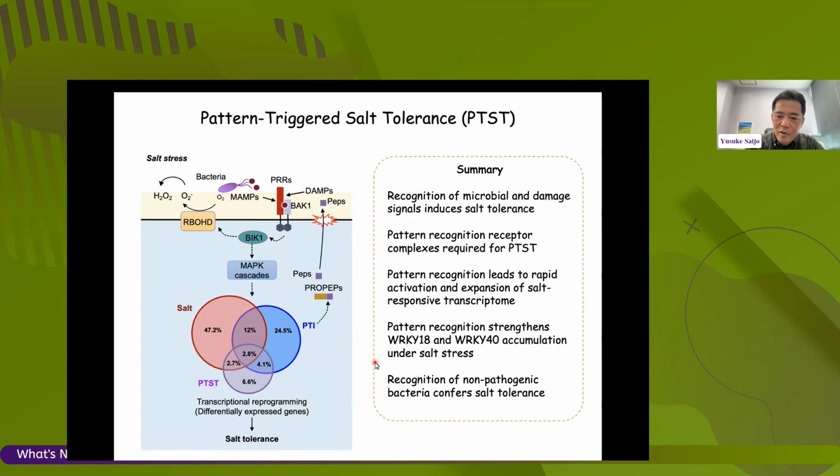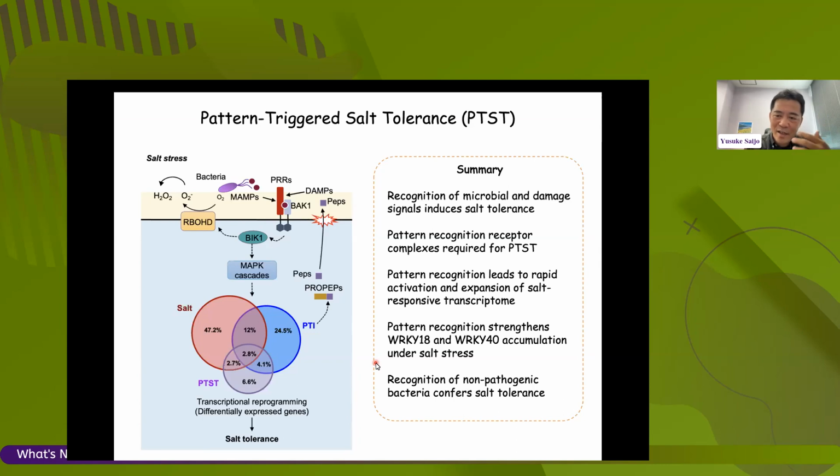And finally, we also show that this phenomenon is also true when plants face non-pathogenic microbes. So given the fact that plants live in association with and host diverse microbes inside their tissues, and their behavior can be altered under fluctuating environments, it's quite conceivable that plants may sense salt stress in part through monitoring the changes in these endophytic microbes. Okay, and then the paper ends here, but I'd like to give some more slides